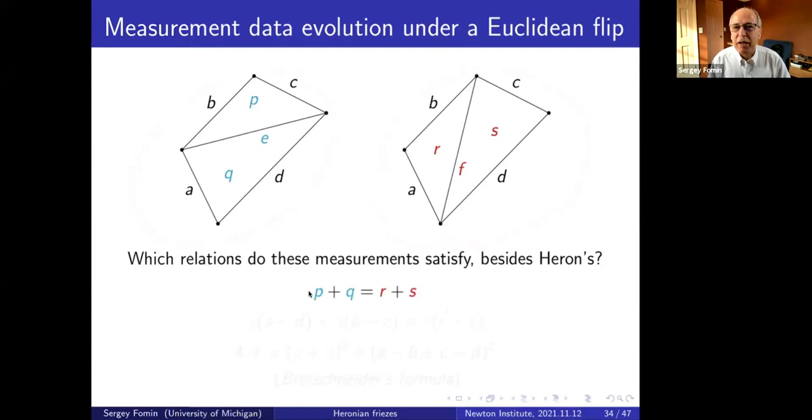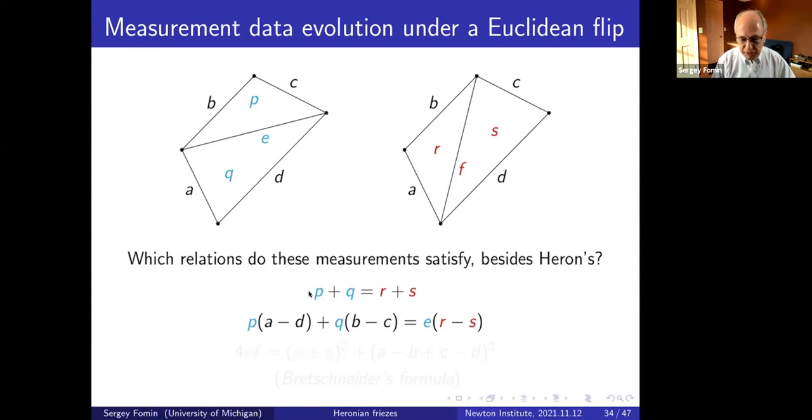Okay. And one equation is easy to guess. The area on the right, of the quadrilateral, is the same as on the left. R plus S equals P plus Q. The others are much harder to figure out. This is one which we couldn't find in the literature, but we discovered it nevertheless. It's a pretty tricky relation. It doesn't look symmetric at all. It's kind of bilinear. It's separately linear in the areas and linear in the squared distances. Anyway, it's true.